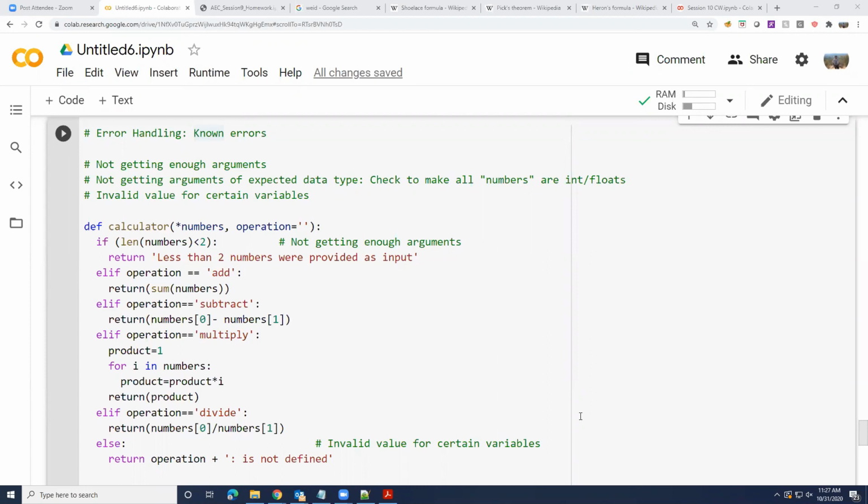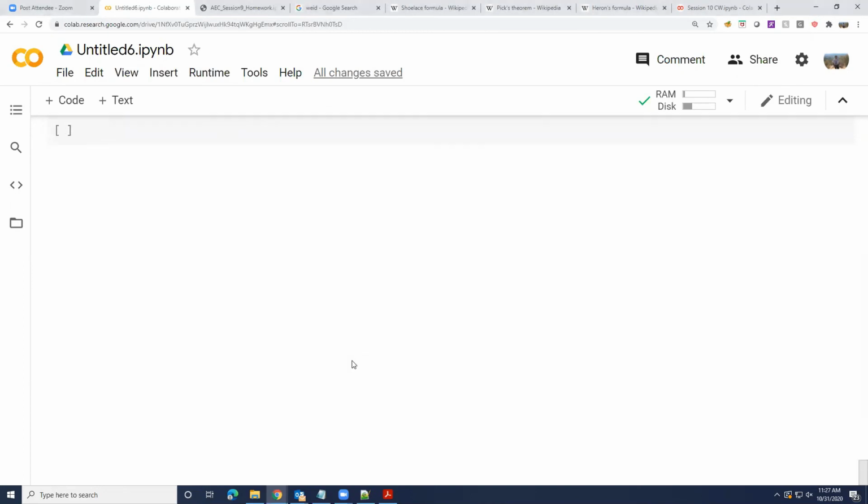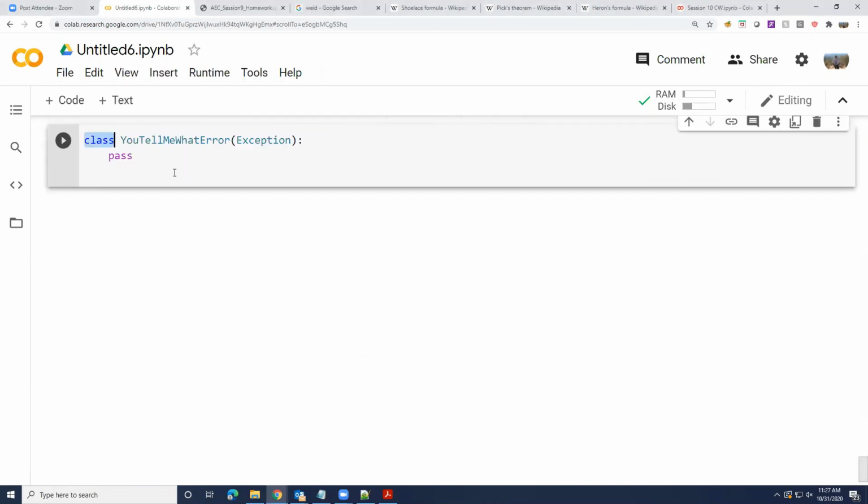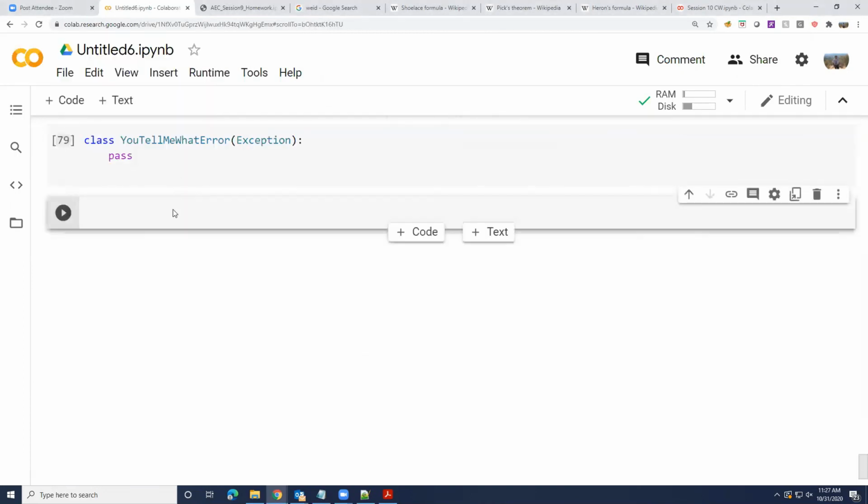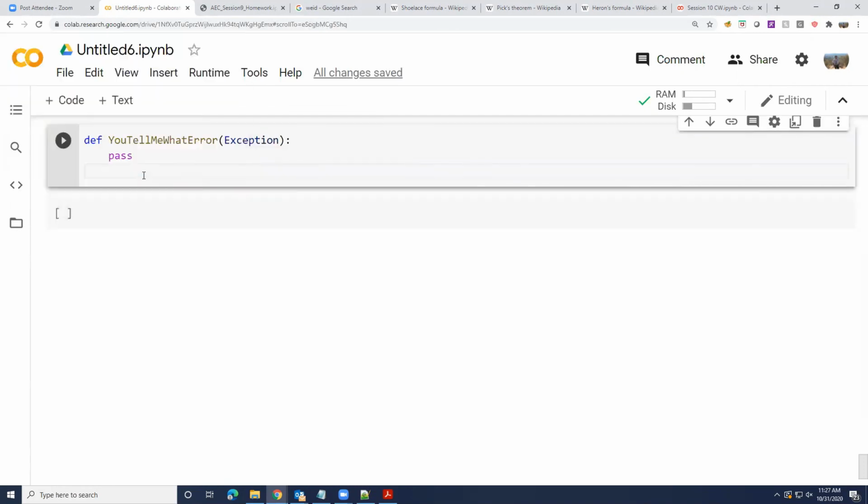You tell me what error, class, exception, pass. What if there is an error that the computer has never encountered before? You can raise that as an error. Yeah, absolutely, you can raise it as an error. We'll look at that. You meant this, right? Or this.